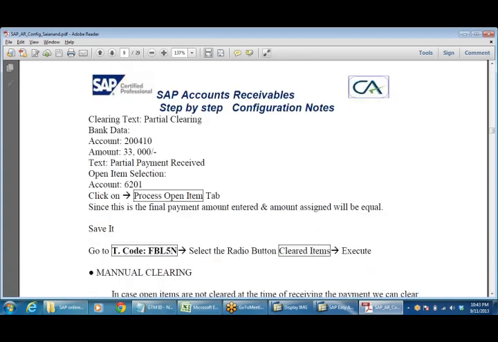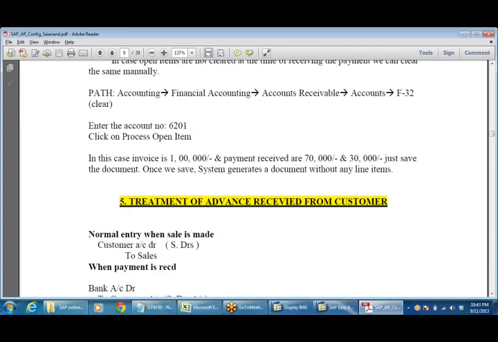Next we'll take up the next topic tomorrow, but you have to be very clear on whatever we have seen till now. SAP is like playing one-day cricket. You need to practice on par with me. I think I told you already: based on the score the first batting team makes, the second team should plan accordingly. If 300 is the score, I need to maintain a run rate of 6 from the beginning. Otherwise, if my run rate increases, the number of overs will get reduced, my required run rate will go up, and I may not be able to complete it.